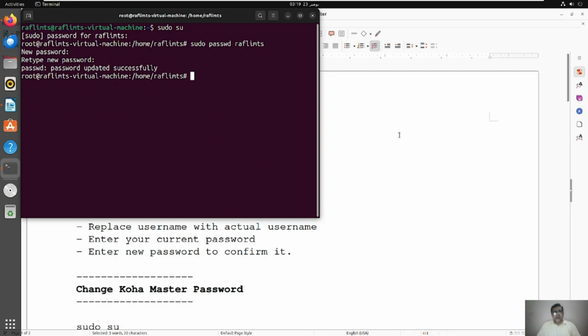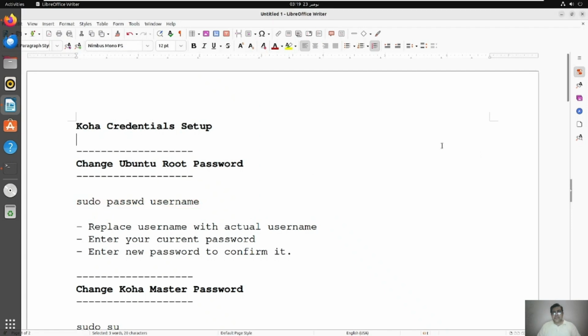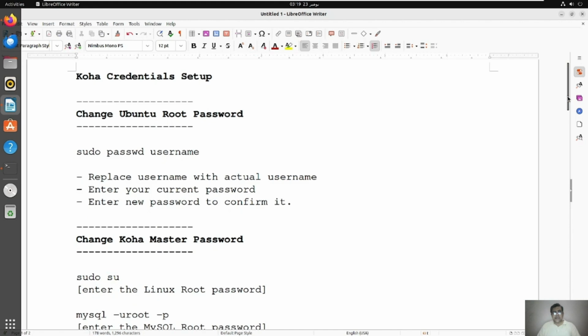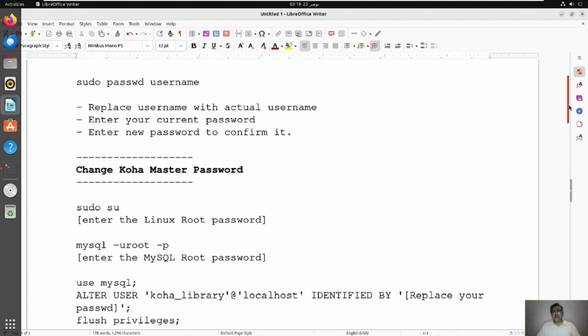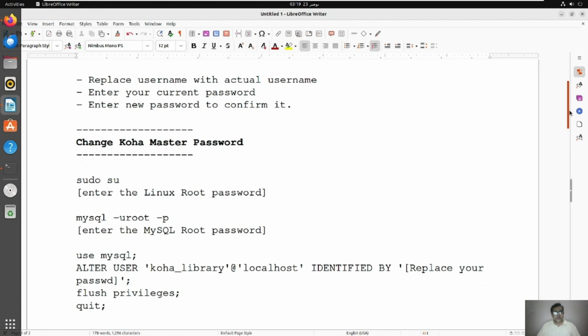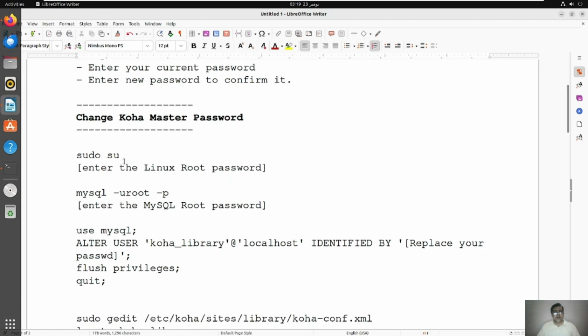Okay. The next thing that you need to do is the most important, and that is your Koha master password. I have discussed the Koha instance password that you need to change first, and how you can actually change the password. You need to log in to MySQL. We are already logged in as admin here, and I need to log in to MySQL here. So I just use this command,